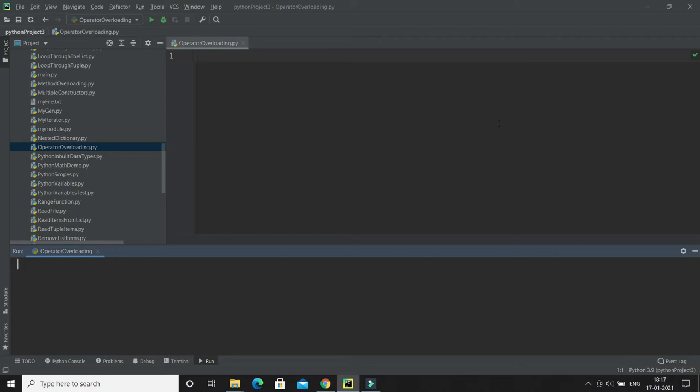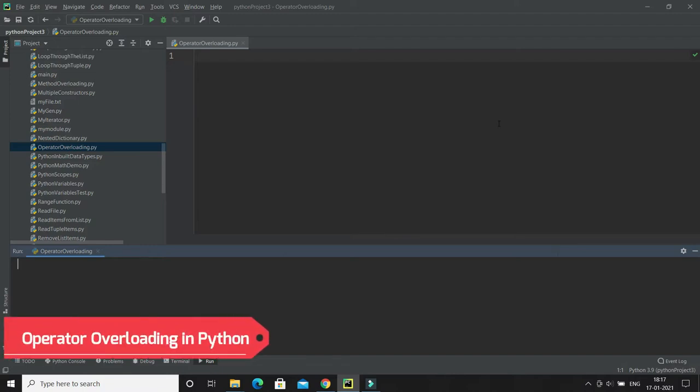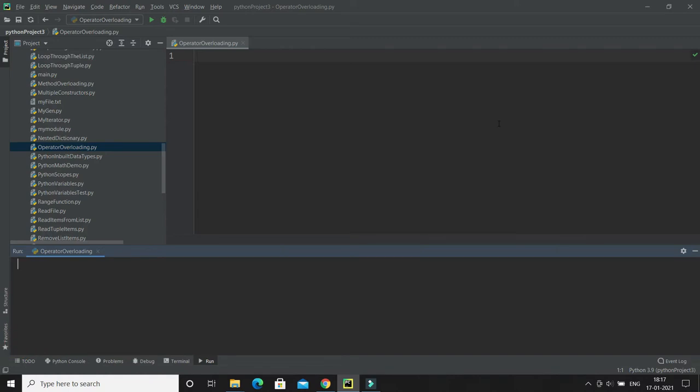In this video tutorial, we'll talk about operator overloading in Python. As you know, there are multiple operators in mathematics or computer science, right? Like plus, minus, asterisk, which does multiplication, the modulus operator, and many more. So let's talk about operator overloading with respect to the plus sign. Operator overloading is nothing but having one operator that does multiple things, and that's why it is called operator overloading. So let's try to understand through the plus operator.